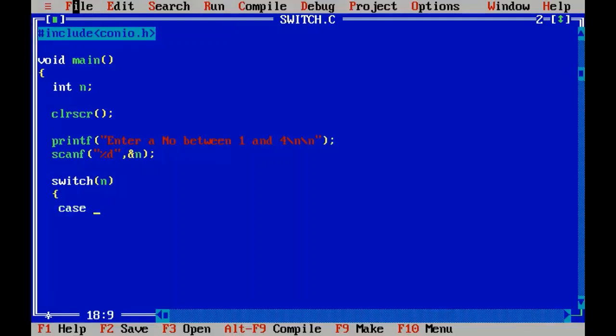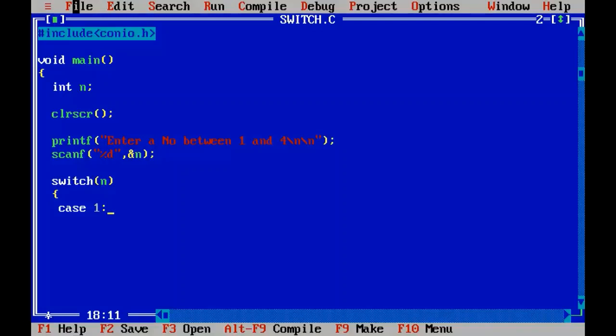Case number 1. If we are checking the input value with 1, case 1 will be like this. Here the case value lies. So n will be matched with the 1.